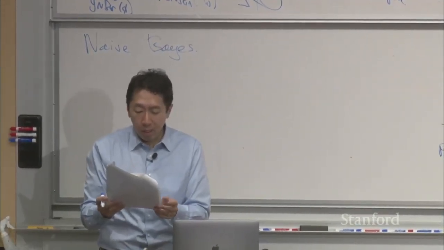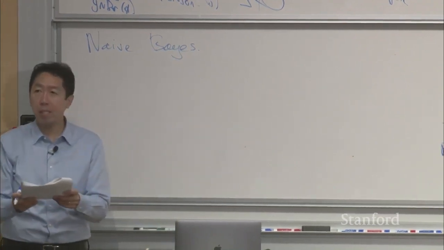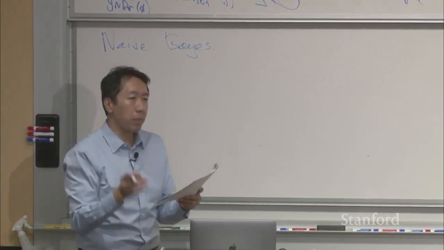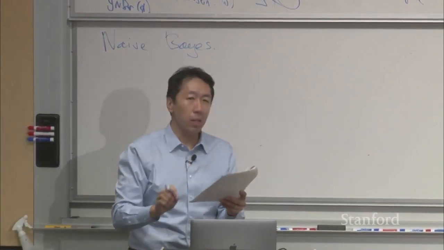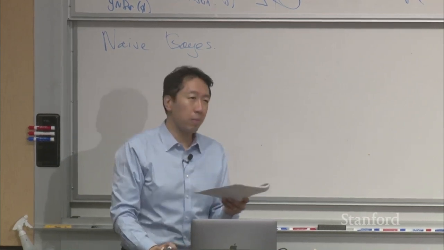And I'm going to use as a motivating example email spam classification. This is our first foray into natural language processing, right? Given a piece of text, like a piece of email, can you classify this as spam or not spam? Or other examples,